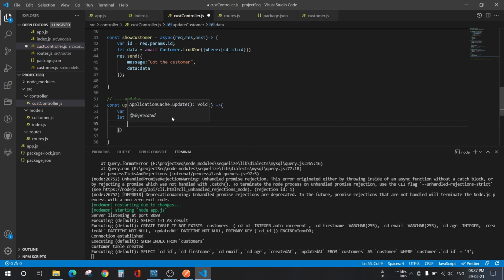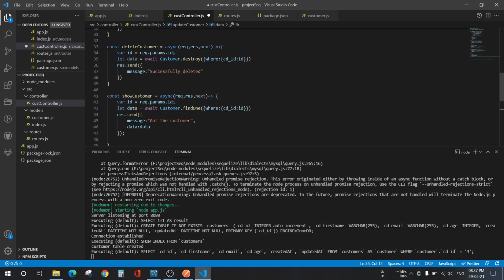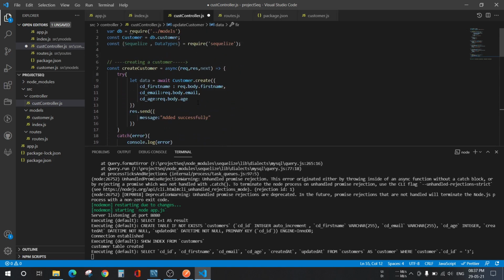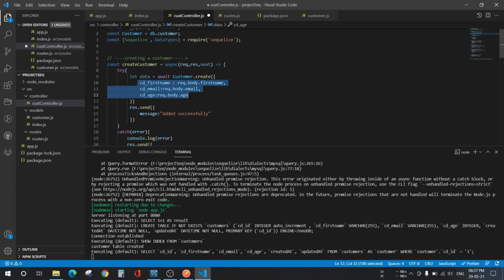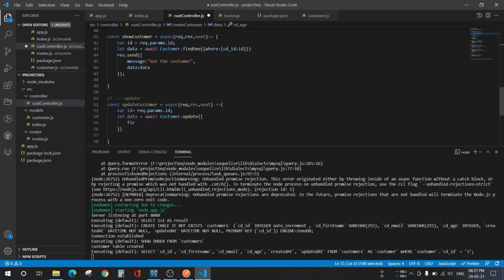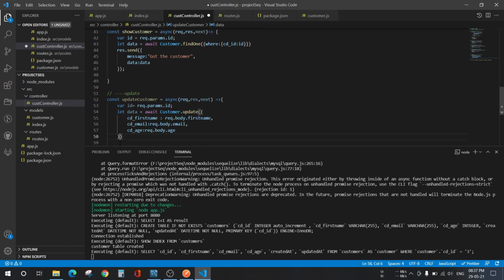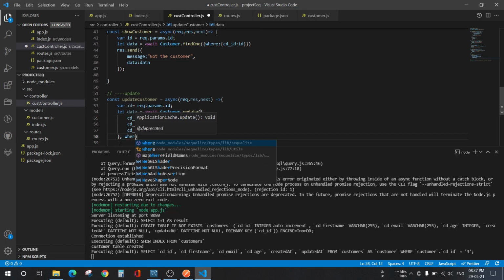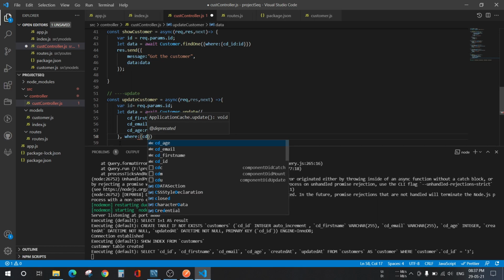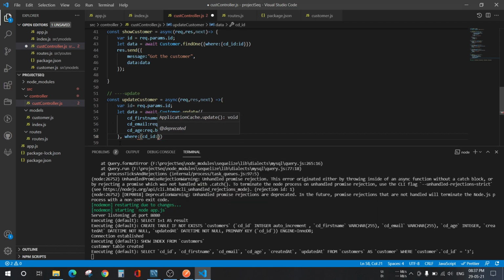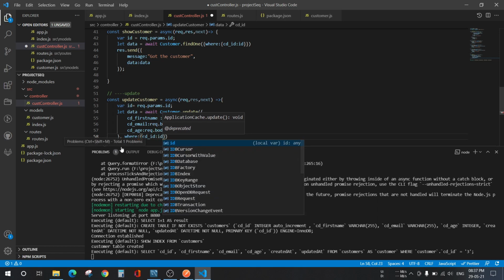So first name, so this will be the same as this one, so I'll just copy and paste it in this method. Fine. Now here we have to give a where clause saying which customer we want to update.